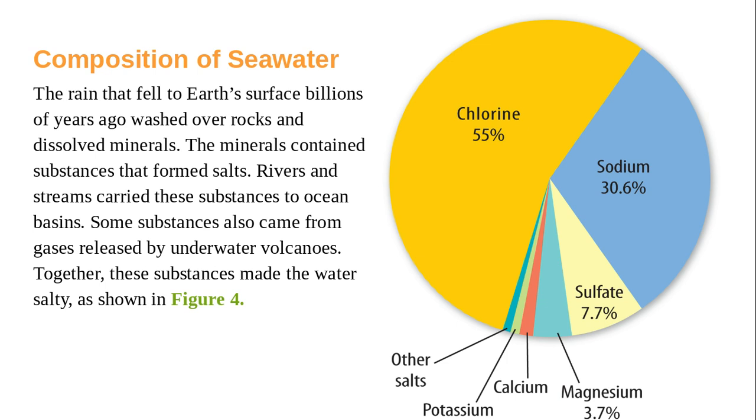When those rocks break down, those dissolved minerals from the rocks will come out and form these salts. And it continues to be salty because of the water cycle, when the sun is hitting the ocean,